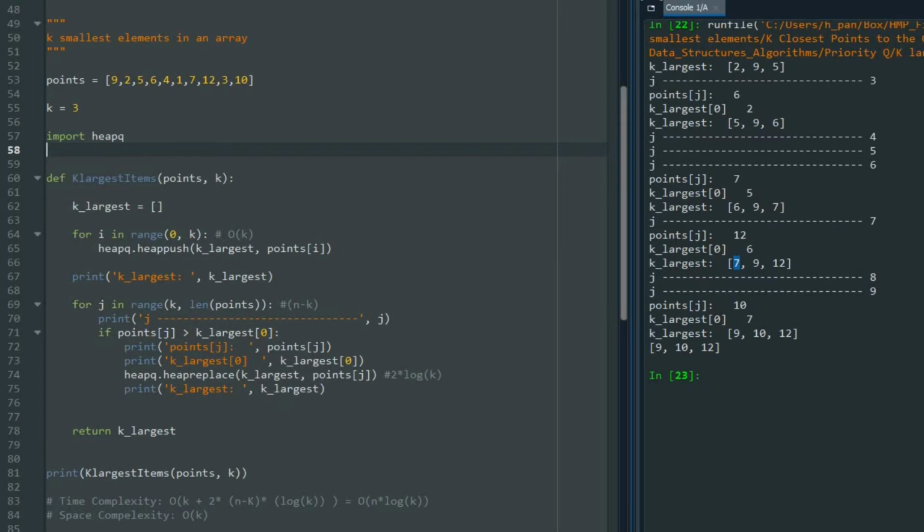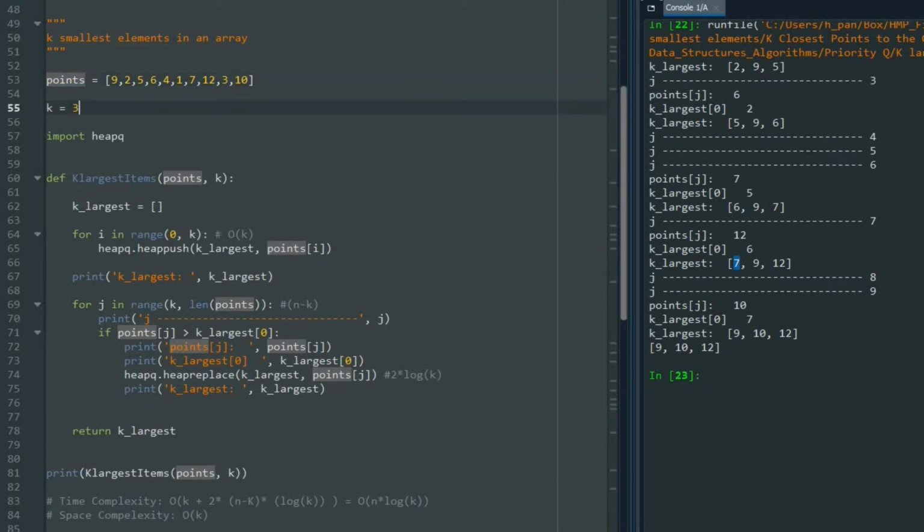So the solution to that is very simple, and it's a little tricky: just consider the negative value of these points and calculate the three